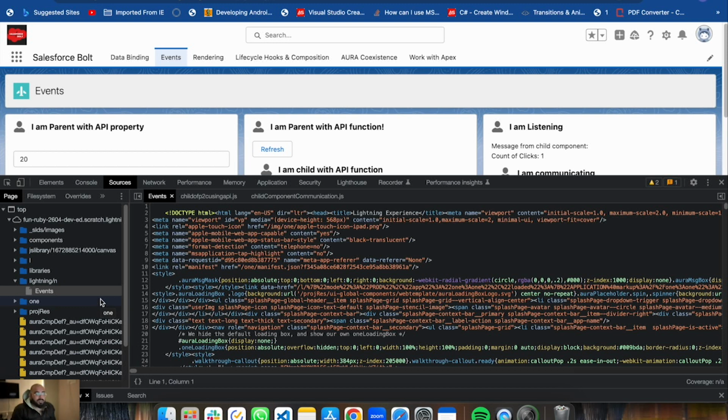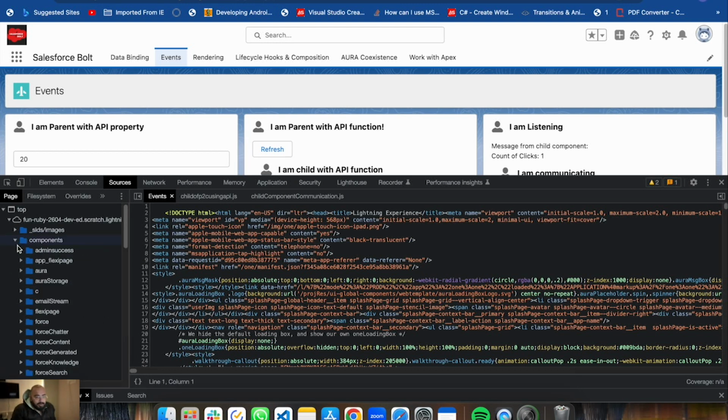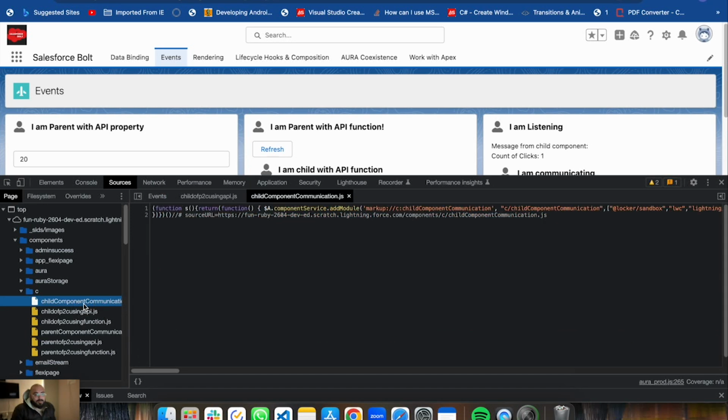But to see your components, you have to go to the component tab here, then look for the C folder, and in the C folder you will be able to see my components. Here I have a child component, communication from child to parent component using a function, and APIs as well. So there are a total of 6 components on this screen, and now you can simply click on a specific component